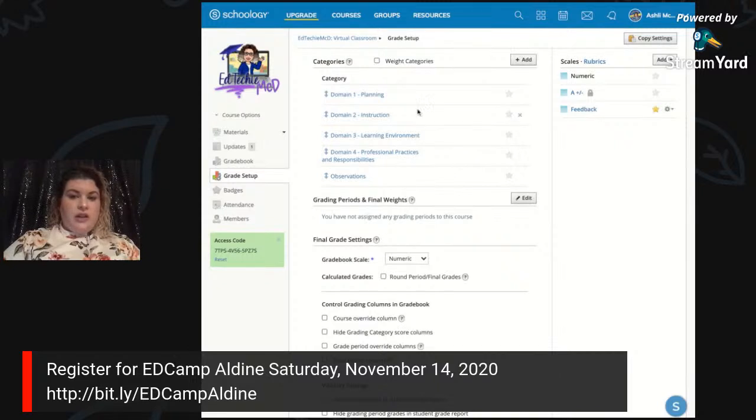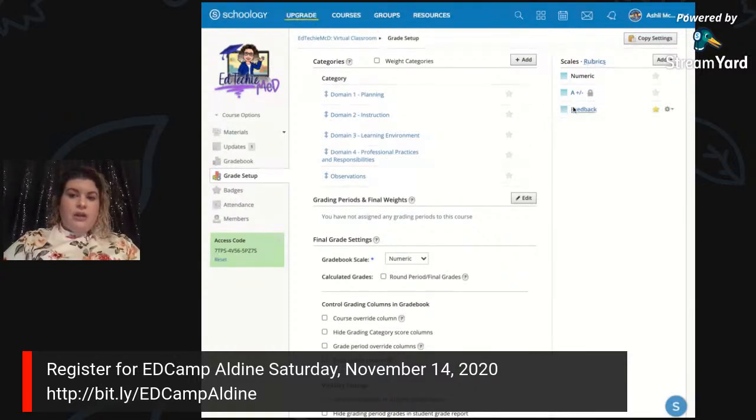This is also the area where you can create the different grading categories that you want, such as the different domains, if you want to break it down that way. If you want to do observations, you can have that as its own grading category. You can make it just say lesson plans, or professionalism, whatever you want to use as your assessing tools. And then over here on the right hand side, you'll see scales and rubrics.